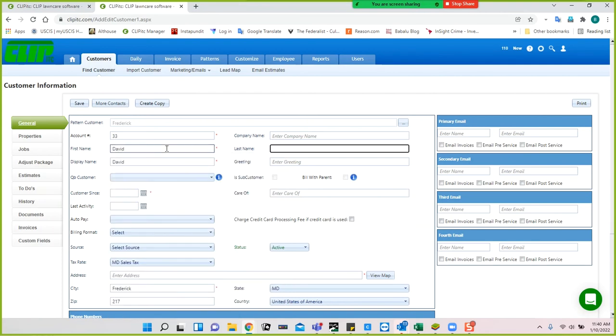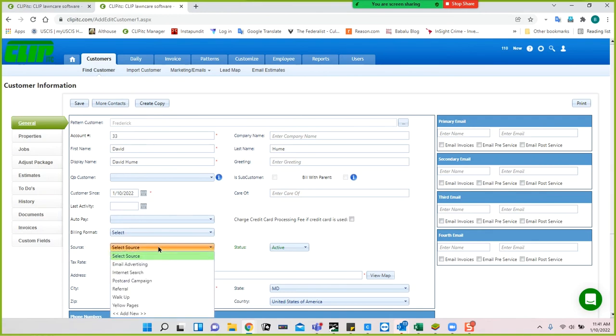All right, so this is going to be David Hume, and he's becoming a customer today. I can do a care of if that's relevant. Source. This is actually a very nice feature. You're able to create a list of sources. He came to us via internet search, and you can add to this source list here. This allows you to